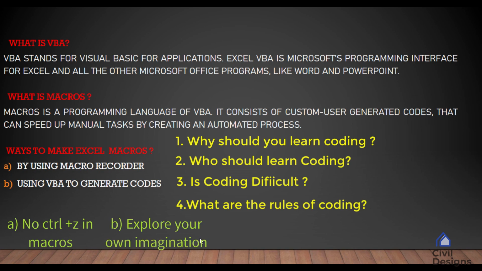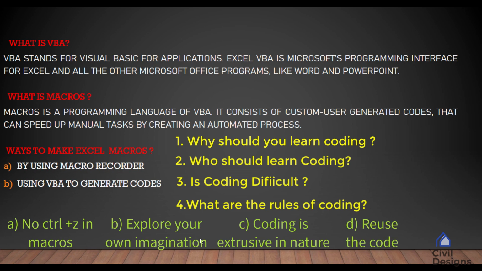Rule number 2 is explore your imagination. There is a popular saying, if you can imagine something, then you can code it. You have to imagine the process that you would follow if you had to perform the same task manually. Once you are clear about the steps, only then start coding. Rule number 3 is coding is exclusive in nature. Each person can have a different skill of coding, so it doesn't matter how you code it. If your output is the same, there is always more than one way to code. Just try to learn a short and precise process of coding. Don't worry, we will learn it here.